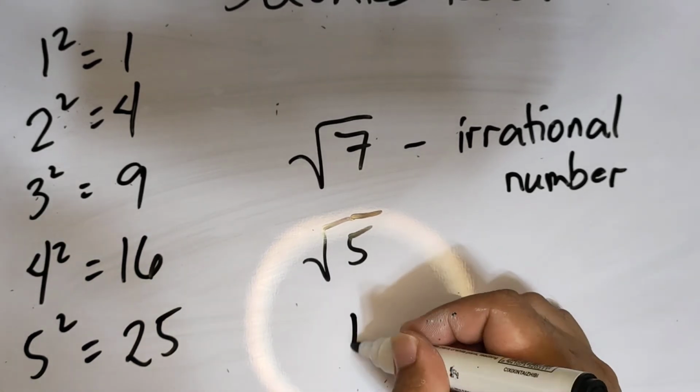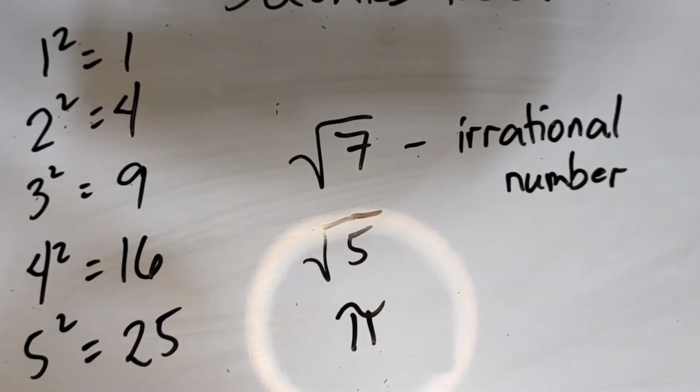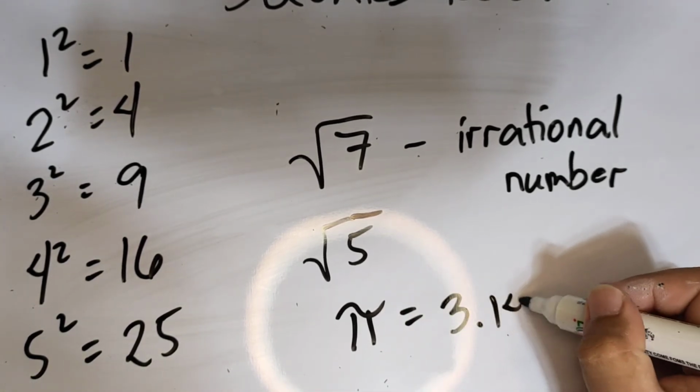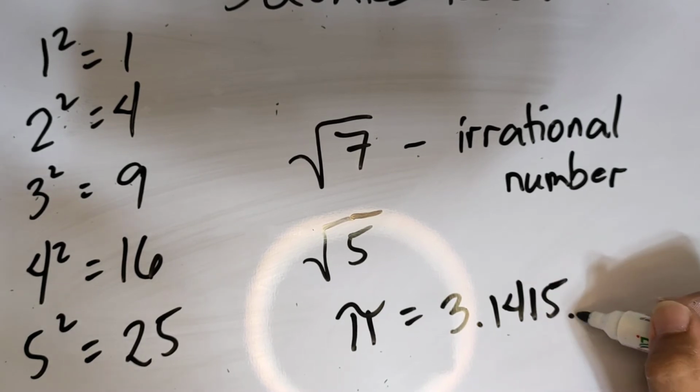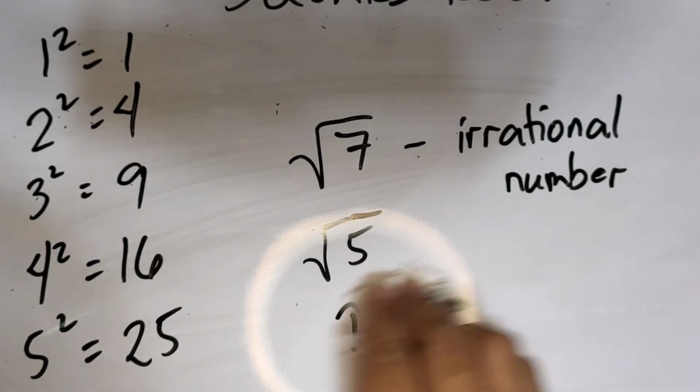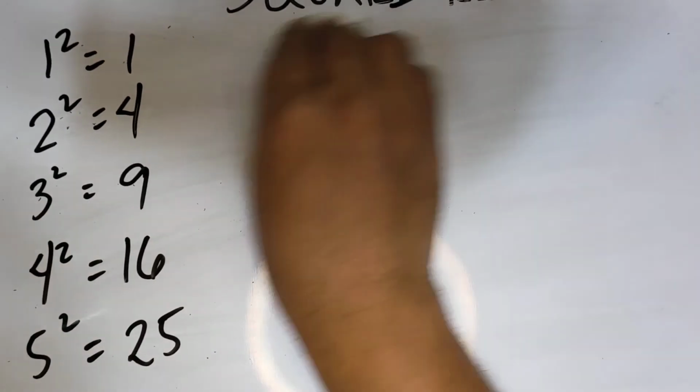Okay? At alam nyo din yung pi. Okay? Pi is an irrational number kasi yan ay 3.14, 15, and so on. Diba? Marami yan. So, hindi mo siya pwedeng gawing fraction. Tama ba? Kasi anong klaseng decimal ito? This is non-repeating decimal, non-terminating decimal. Okay, so dito pumapasok ngayon yung irrational numbers. When you say irrational numbers,